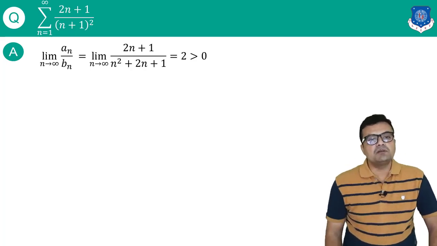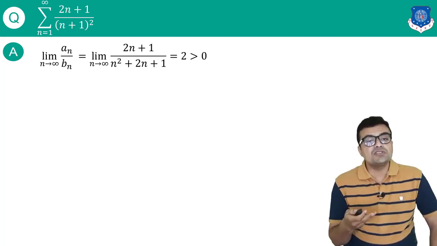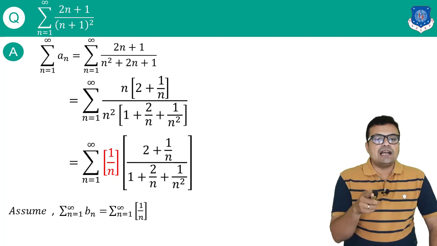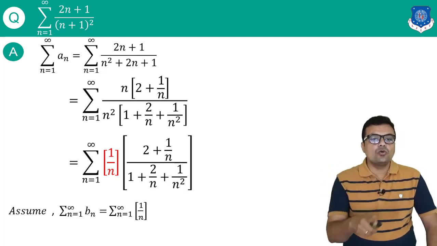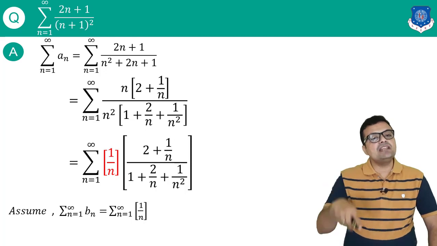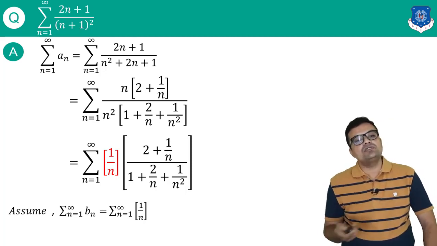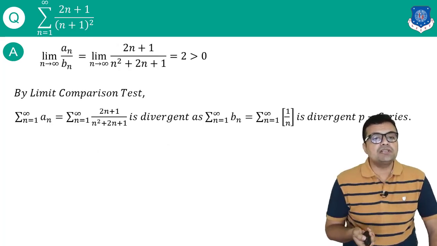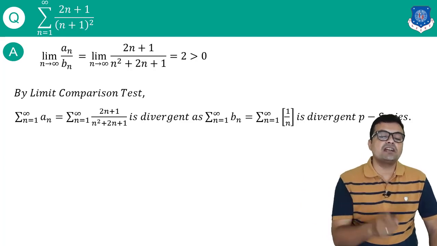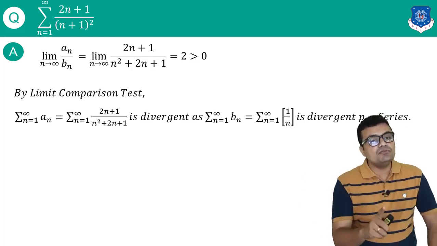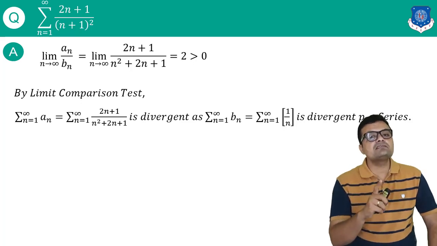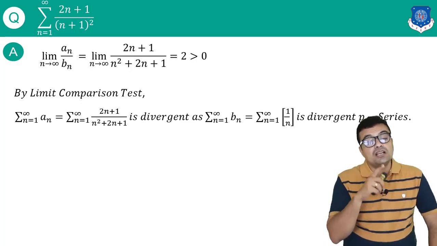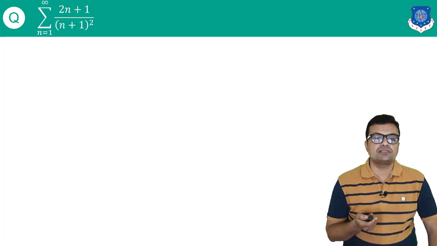Now if I take my limit comparison test, then An upon Bn will result into 2. Why will it result into 2? That is with the help of that previous case. See here, as I am taking An, this whole term after simplification is An, then I am dividing it by 1 upon n. And then taking the limit n tends to infinity will simply result into 2. And that means by the limit comparison test, both of these series will be convergent or divergent simultaneously. But now if I look carefully, what is happening to Bn? Bn is nothing but 1 upon n, which is the harmonic series, or a special case of p series which is divergent, and so the given series is also divergent.